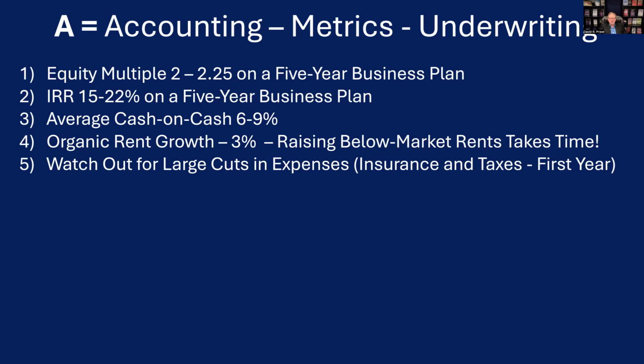If you get a new policy, that's a cut. Also, in some of the markets, the taxes are just too high. And right now you're able to buy deals below what the taxes are. So let's say the taxes are assessed at 15 million and you're buying at 13. Well, you're going to be able to protest that next year and get the taxes down because you just bought the property at 13 million. So there might be an exception there on taxes and insurance.